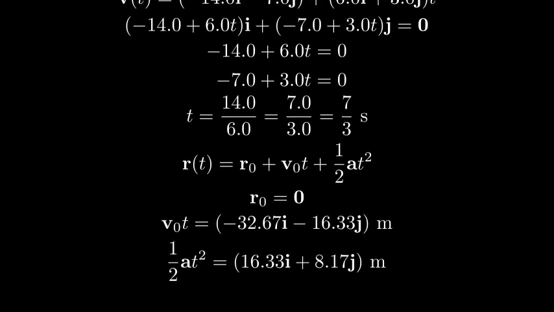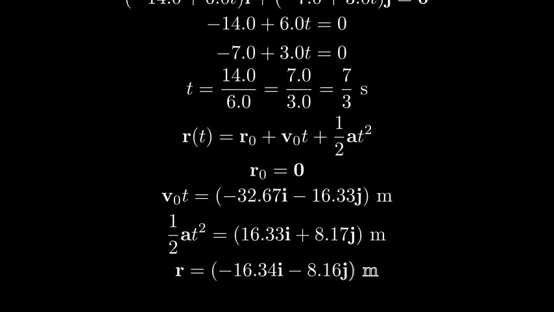Adding these vectors together, we get our final position, negative 16.34 i minus 8.16 j meters. This is the point where the object momentarily comes to rest,